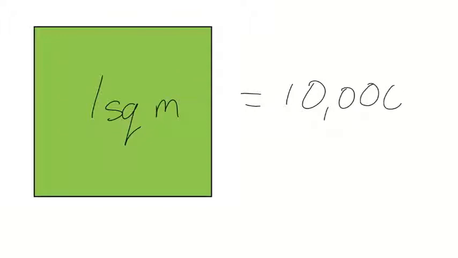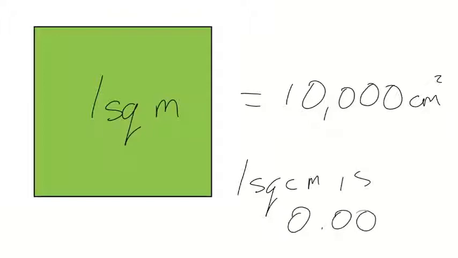So an area of 1 square meter is 10,000 centimeters squared, and an area of 1 square centimeter is in effect 0.0001 of a meter squared. So converting areas between centimeters and meters squared involves shifting the digits 4 places in relation